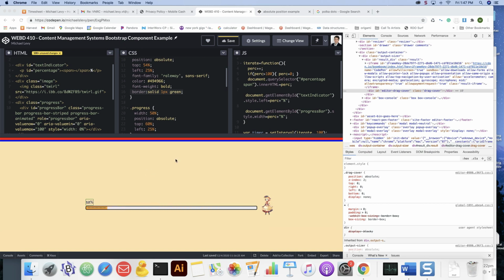So I've added some borders to all the containers, and you can see that the antecedents have collapsed, because the child elements are position absolute, so these have no dimension, more or less. By default, they extend to the full width, but they have no height. And then if we look at how this element is positioned here,